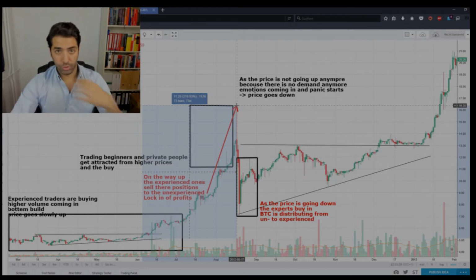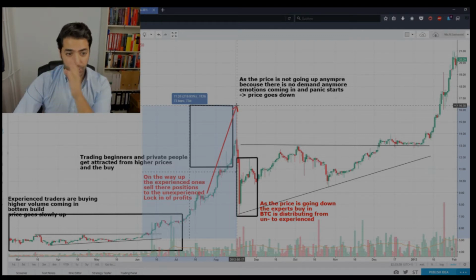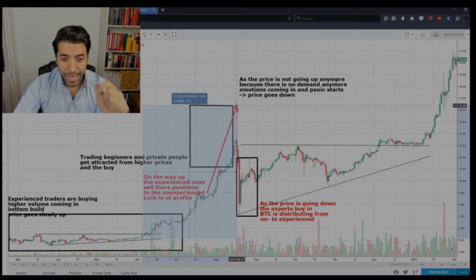Let's say you were on the sideline and you started to buy, I don't know, somewhere around $12, and the price started from $5.50 and went up fast. Then you should keep an eye on that. Maybe this price will not double or quadruple or whatever. So be aware of that and try to go out fast. Or, yeah, I mean, this is hard to spot.